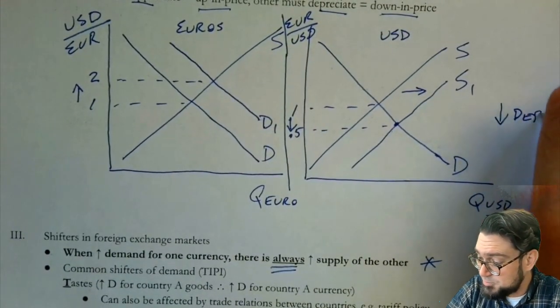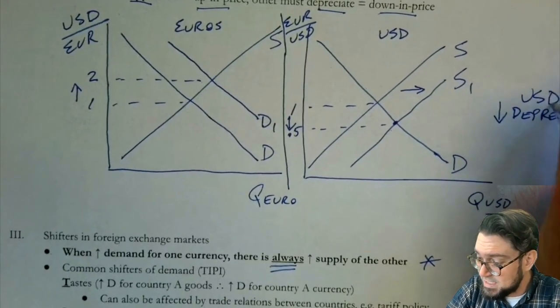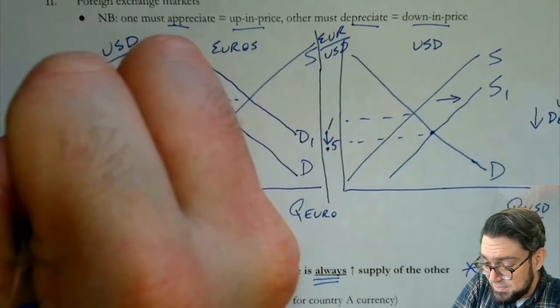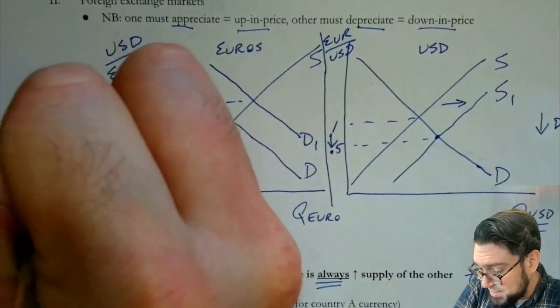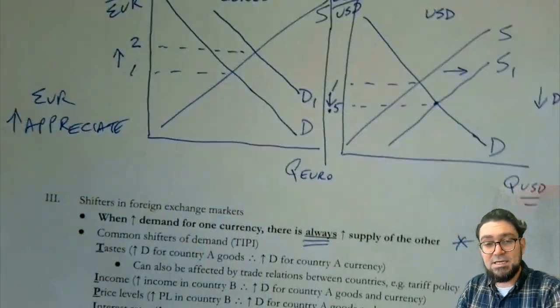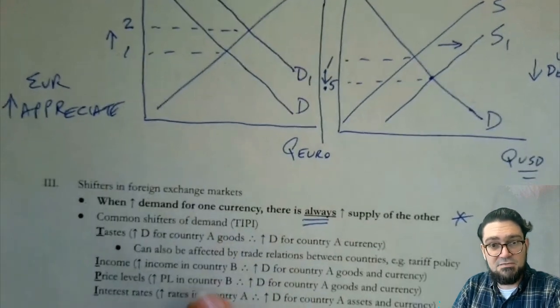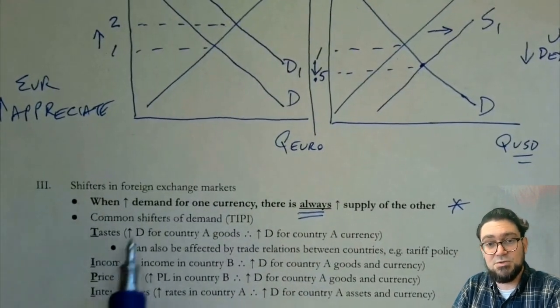Dollar down, depreciate, right? So we would say the US dollar depreciated, and we would say the euro appreciated. It went up in price. So just kind of reminding ourselves what that language, the lingo is. There are 3 other shifters of foreign exchange, and I would just kind of talk through one of them, the